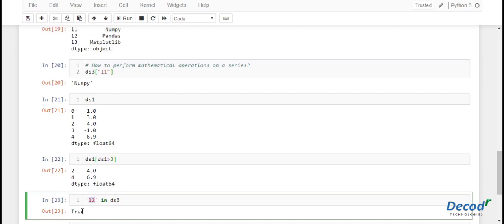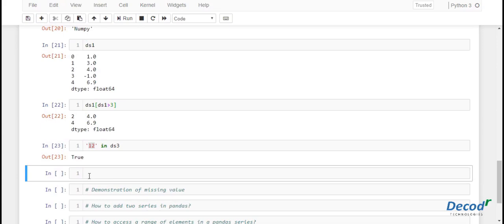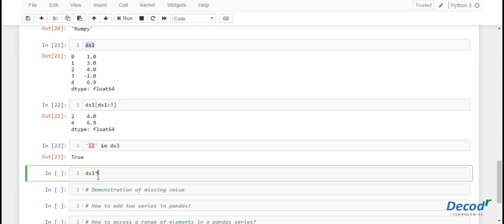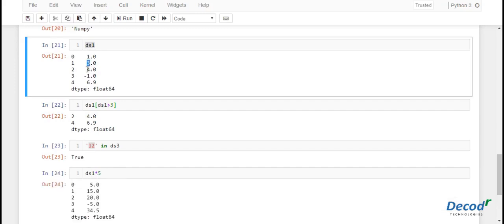Now let's see a mathematical operation on pandas series. For example, if you want to multiply all elements by 5, let's take ds1 as mentioned here and let's multiply it by 5. You can observe that all the elements in ds1 are multiplied by 5.